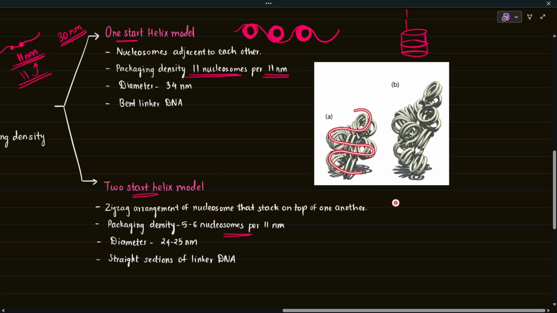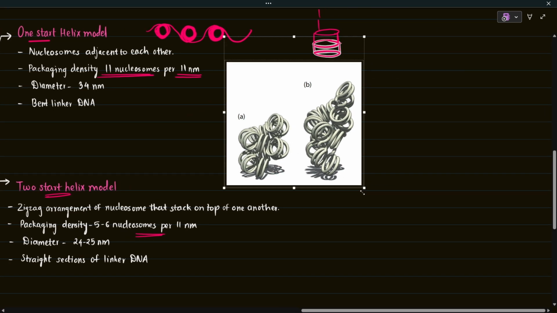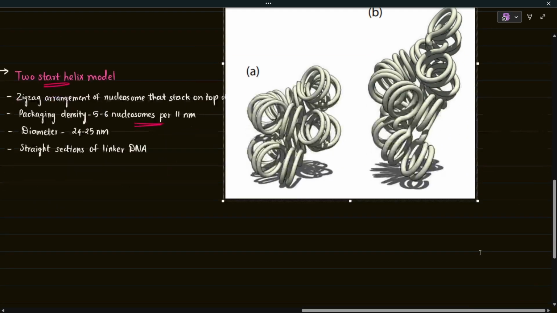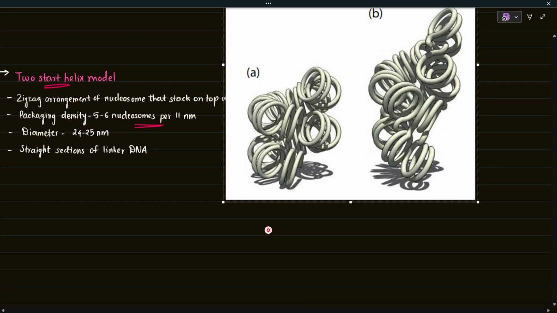Imagine it is a string and you are spiraling the string. I know this diagram is not that good, but just try to imagine it. I hope now it's clear. So this is nucleosome 1, this is nucleosome 2, this is nucleosome 3, and here you can see nucleosome 4. So these nucleosomes are arranged next to each other, and this is what forms the one start helix